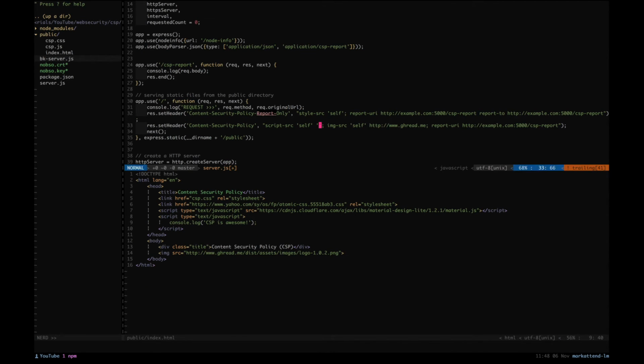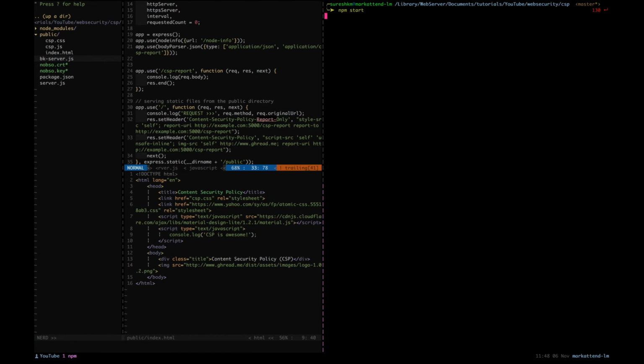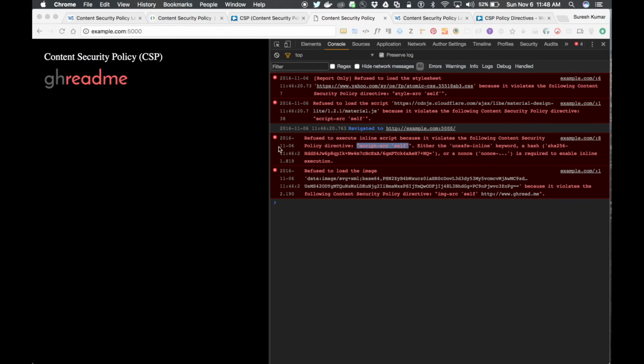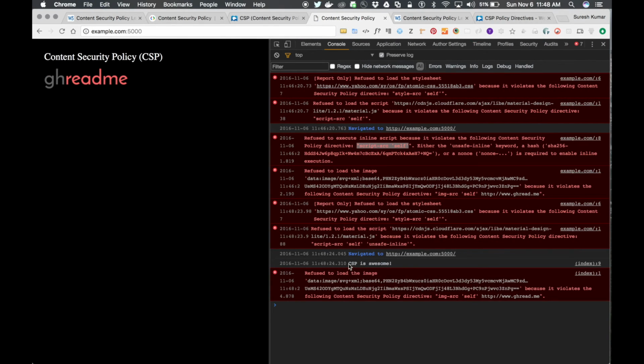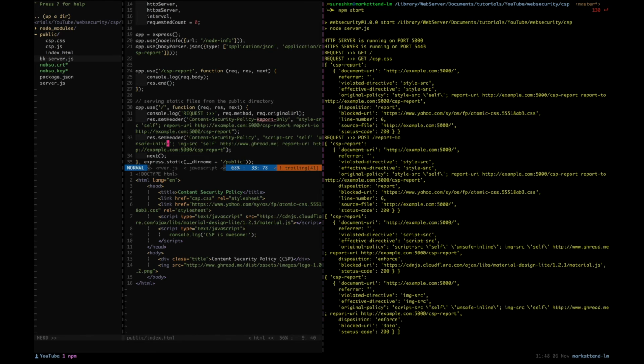So with this you can add unsafe-inline. When you add this directive value, then you would get this. CSP is awesome. That message is logged, but the problem is that anyone can inject a script into this page and execute it. That is definitely unsafe, as the value says. So you don't want to do that. So what you can do here,